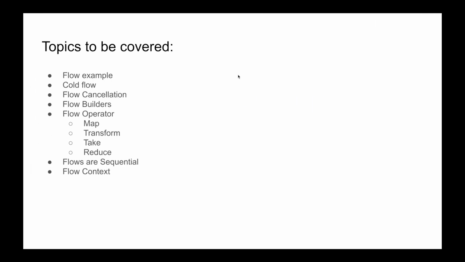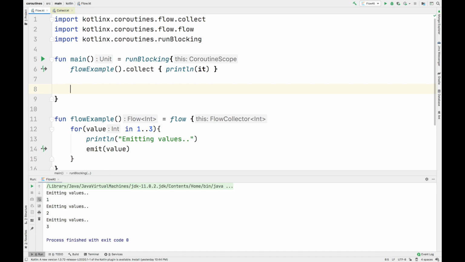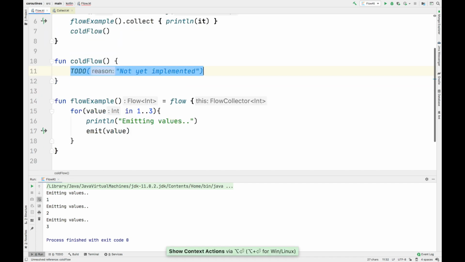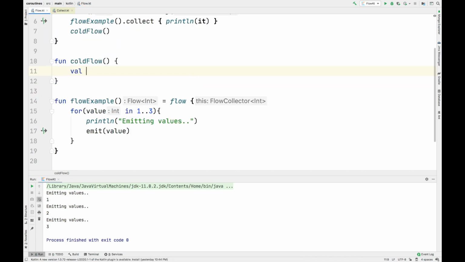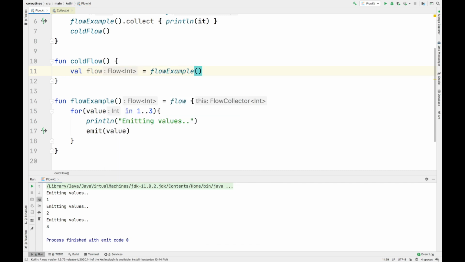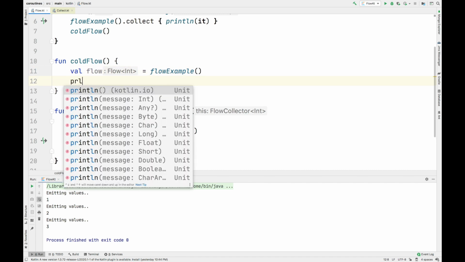Next we will see cold flow. So I'll write a function. I'll call it cold flow. Inside this function I'll create a variable flow, and then I'll call the previous function which I have created, flow example. This will basically return me a flow of integers. Then I'll call the collect method. Before that I'll add a print statement.